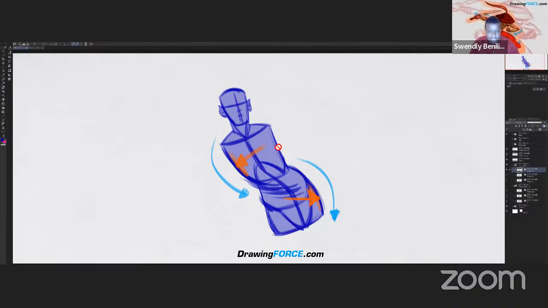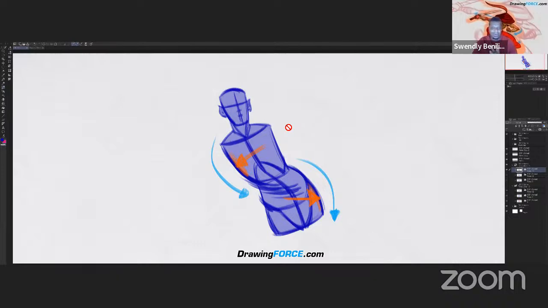So hopefully that clears it up. I know that a lot of artists say they have trouble understanding the torso templates, but this is a good place to start, and it really comes down to understanding how things work. I had one artist say today, because I posted a picture of a model and asked which template it is, and I drew the two options, the regular S and the reverse S curve.